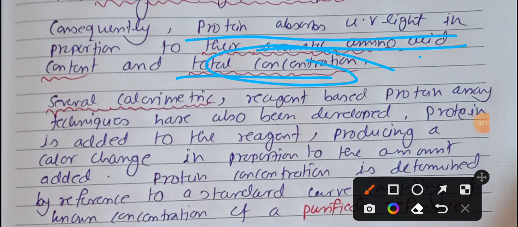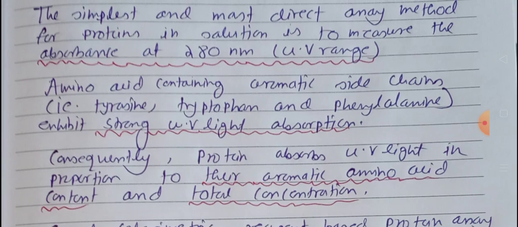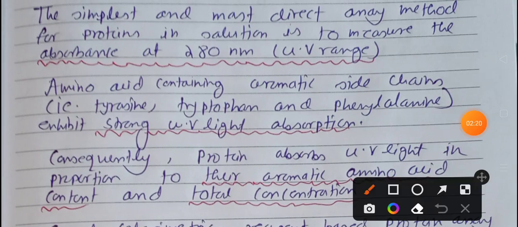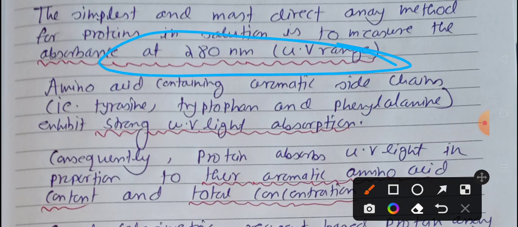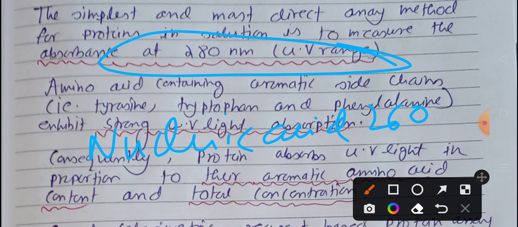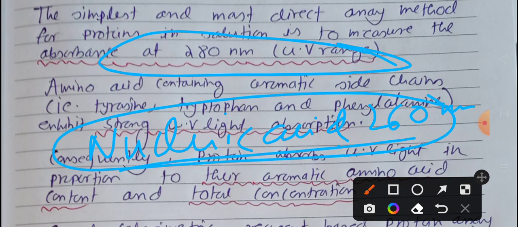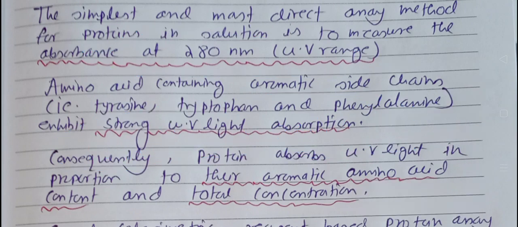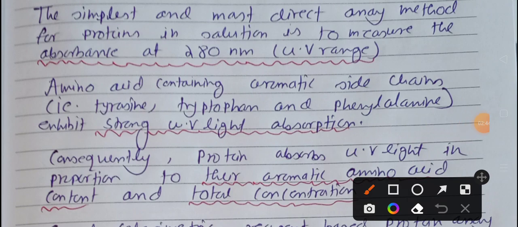the UV light. Now there are various other types of biomolecules that may be present in your solution, and they may also absorb UV light at 280 nanometer. For example, nucleic acid. Nucleic acid absorbs UV light at 260 nanometer. Okay, they may also give you absorbance at 280. Although it will not be the maximum absorbance, it will still give you some value. So that is why it becomes very difficult to understand whether the reading that we are getting is for the